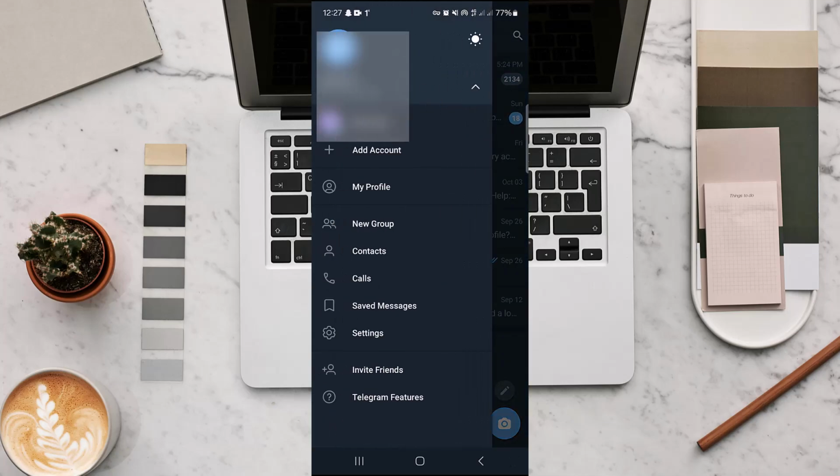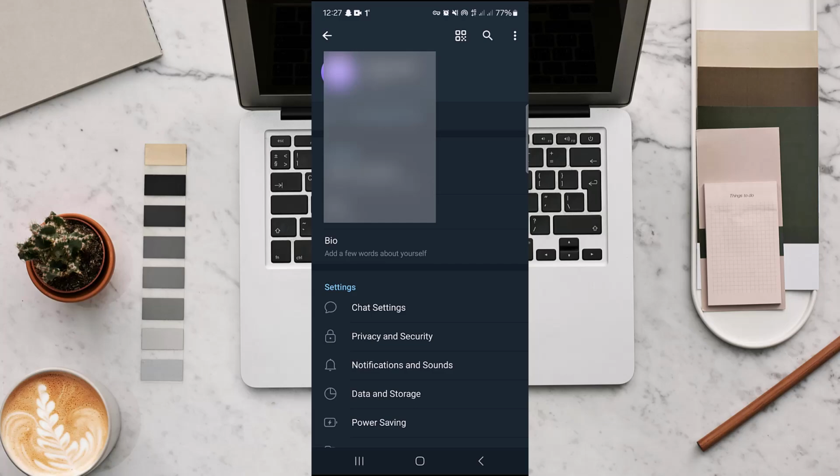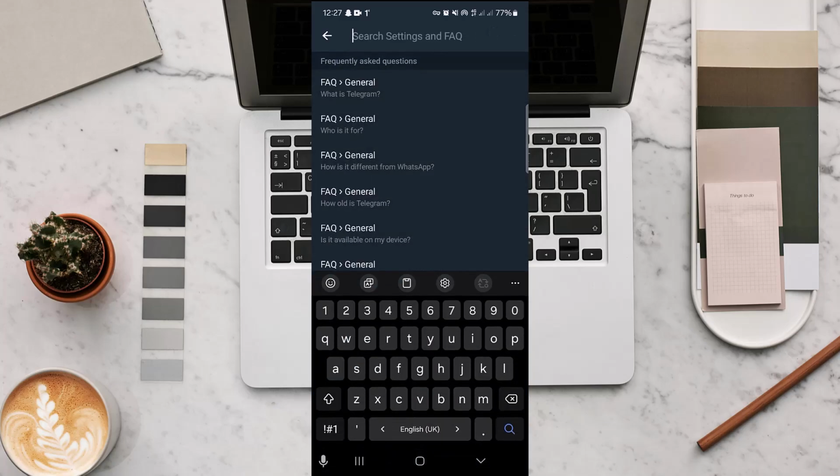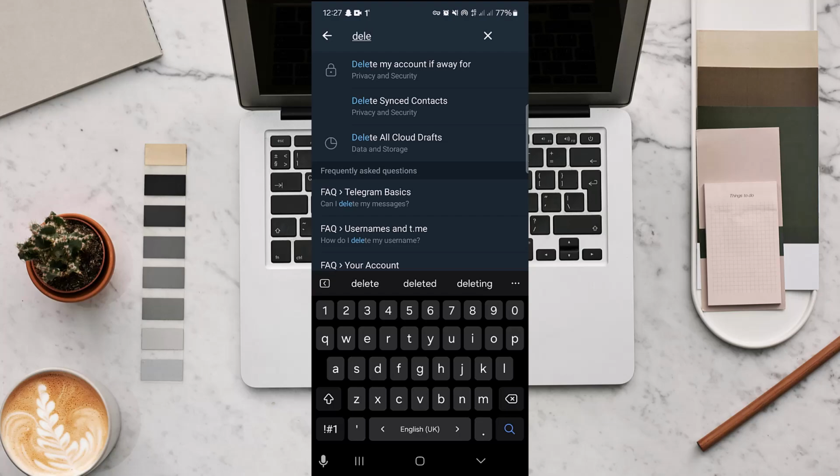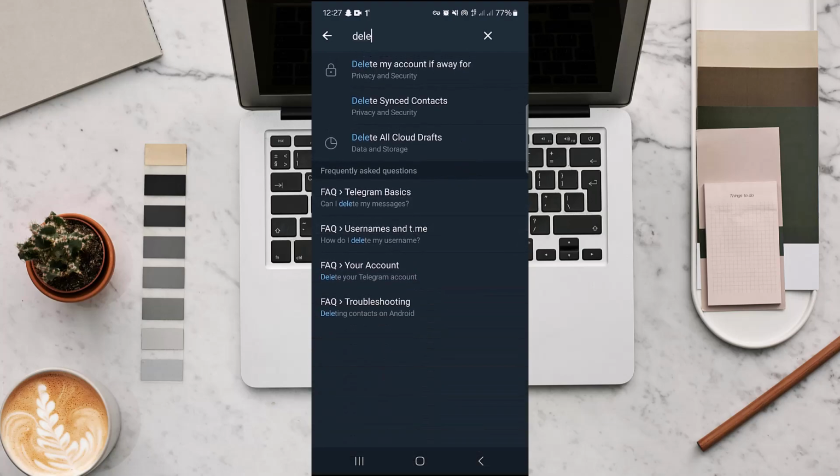Just head over to the three dots icon, and once you are there, go to the settings option and then click on the search icon and search for delete my account. And here you will find a lot of options to delete your account. Once you delete your Telegram, it will not be deleted right away. Telegram will allow you a 30 day buffer time, and within 30 days, in case you change your mind,